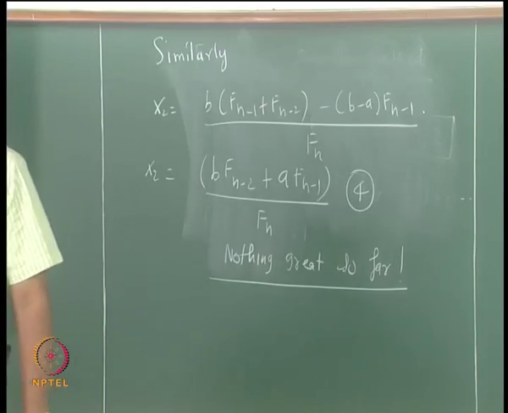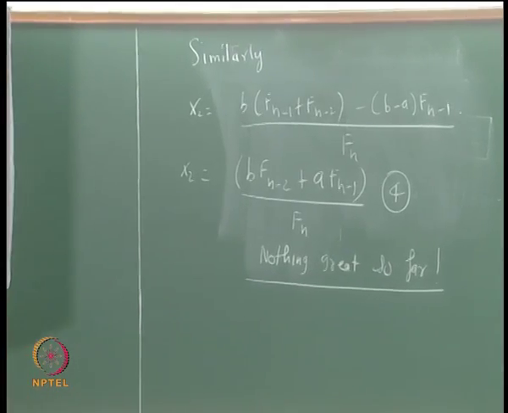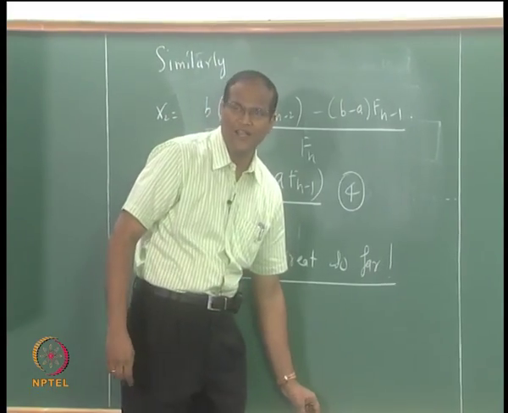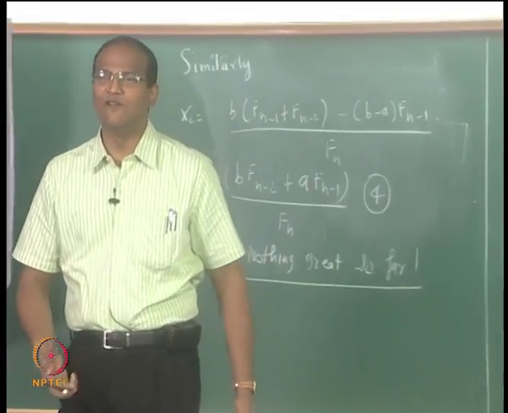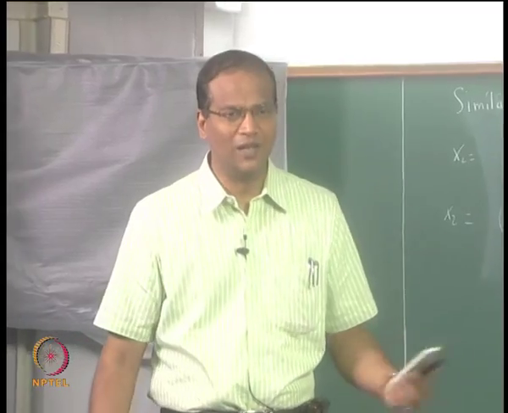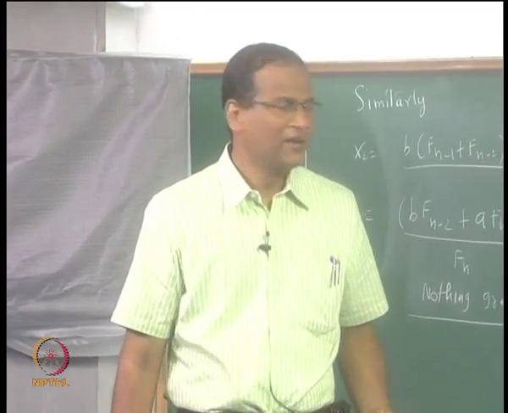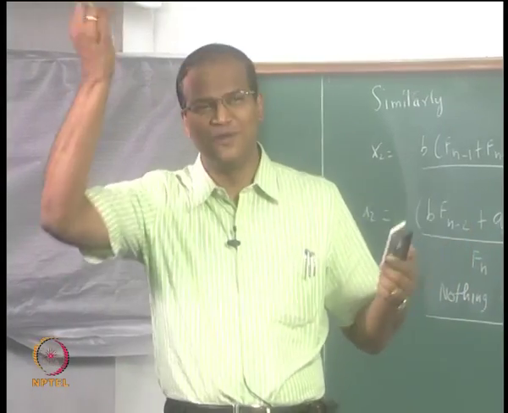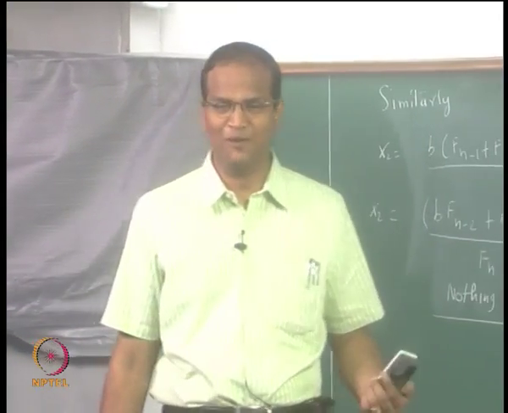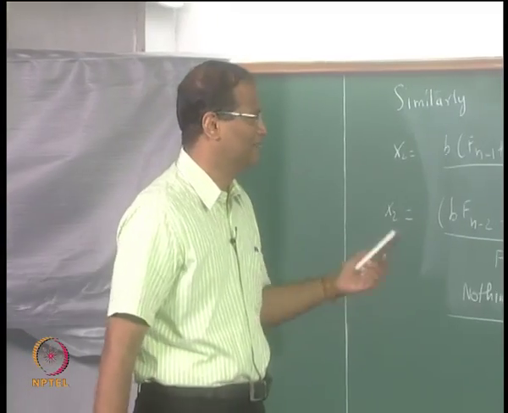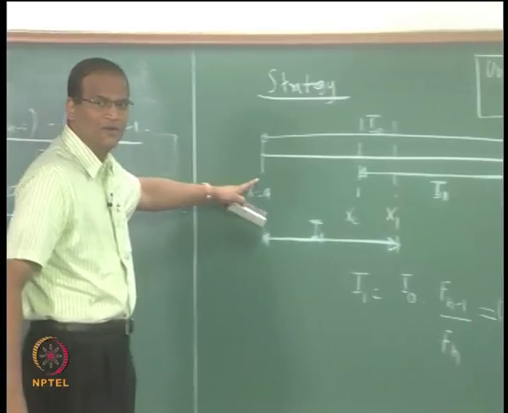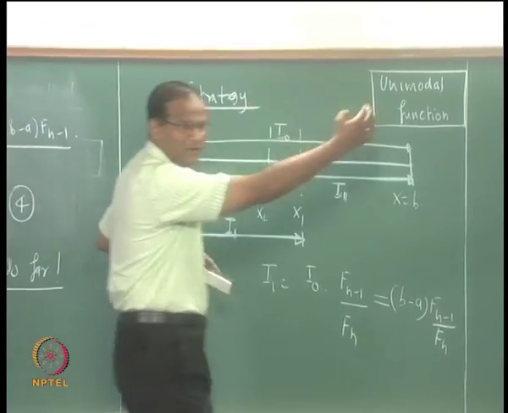No great shakes till now. The beauty comes in the next iteration. Now for purposes of demonstration, we have to take a call on whether to eliminate the region to the left of x2 or the right of x1. I always like the left hand side. So we will assume the region to the left of x2 is eliminated, and we will go to the next round, that is we will go to I2, alright. So shall we retain this? Shall we go to the other portion of the board?